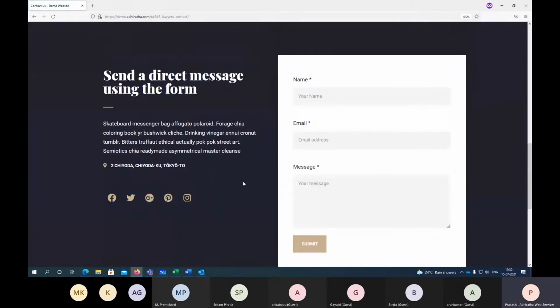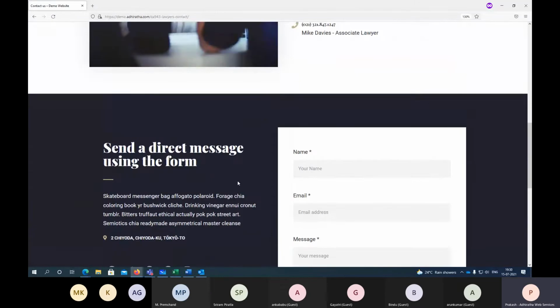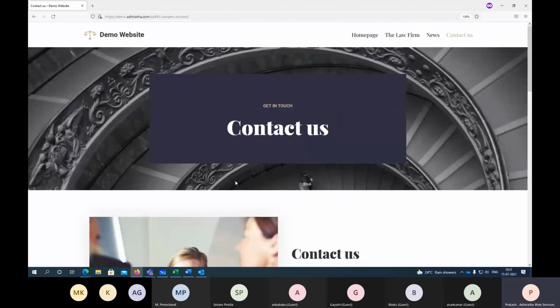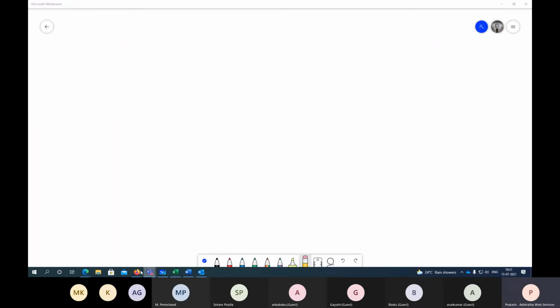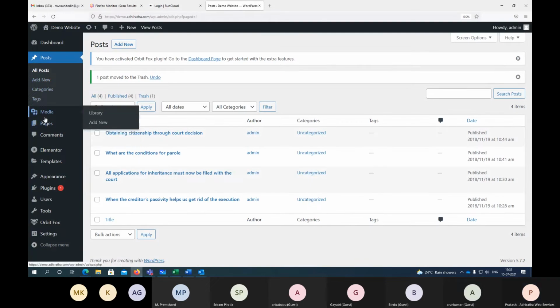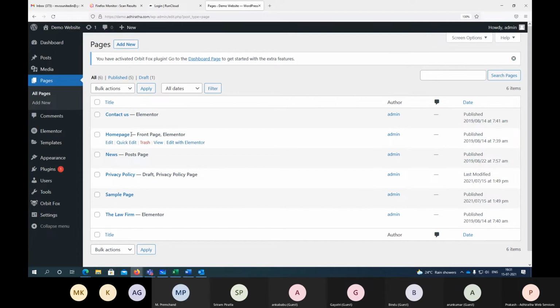Right? See, the entire quality is maintained properly. There are no issues at all. And the page is also loading so fast. This is actually a feature of Neve. If you go and try to find out what the Neve theme is, how different it is compared to other themes, you will get to know. It is very lightweight and very easy to use. Now again, if I want to edit anything, I can simply come here, go to pages, home page, edit with Elementor.